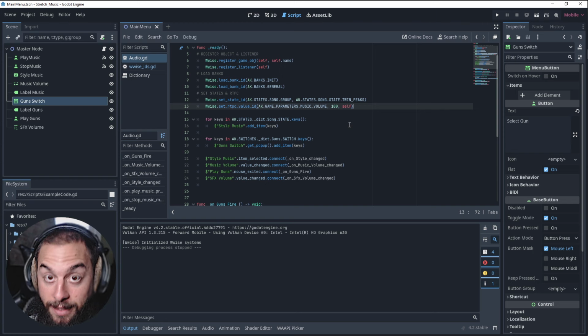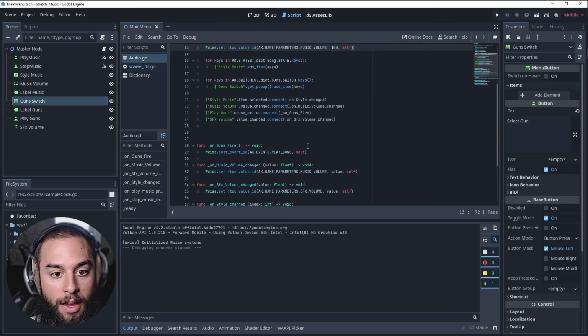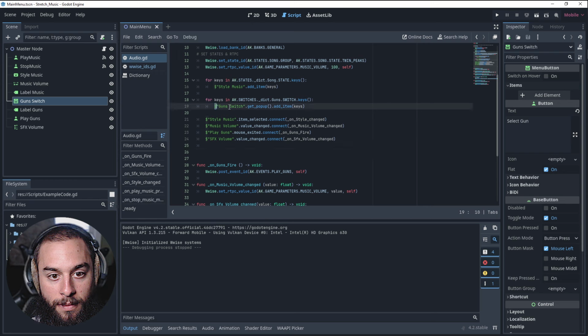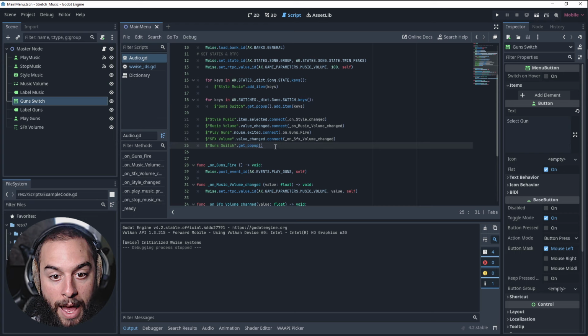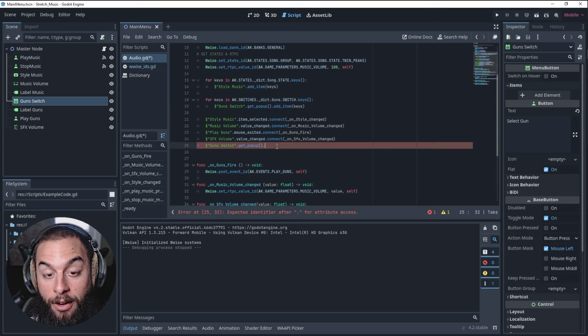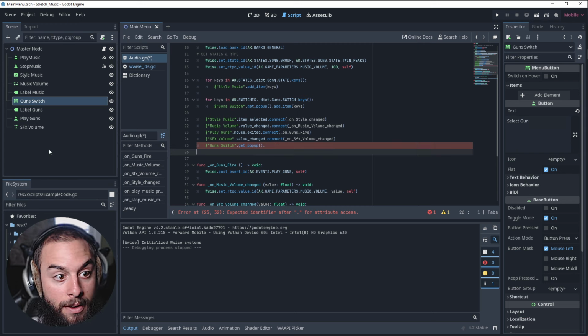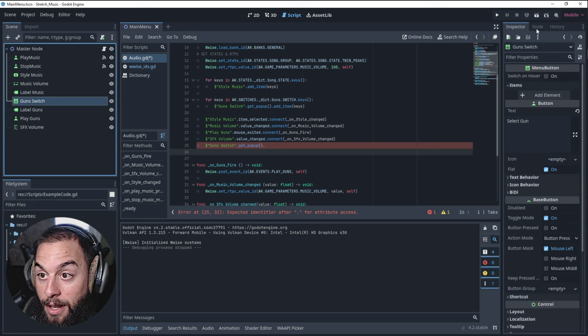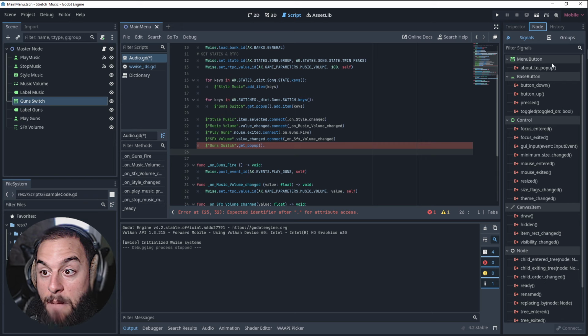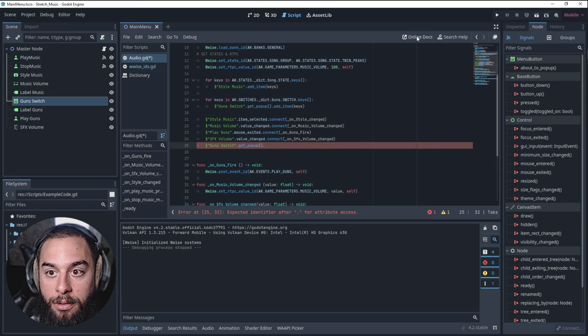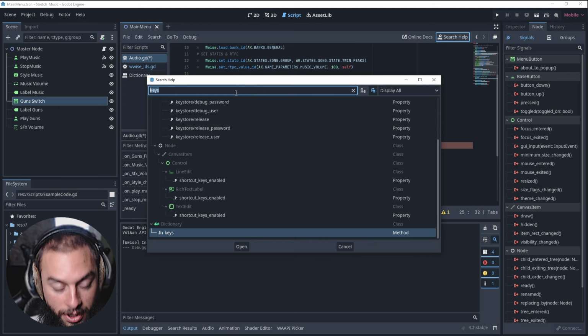So the last thing is to link the switch of the gun switch to the Wwise switch. So for that, again, I want to get into the Wwise gun, the Wwise pop-up. And because there's this bug in Godot that I cannot see what are the signals of the pop-up, because the signals that are being shown in this node tab are for the menu button. So for that, I need to go into the documentation, go into the pop-up